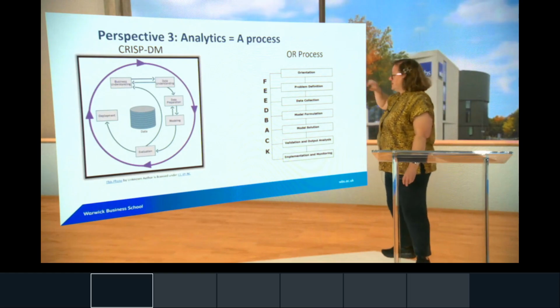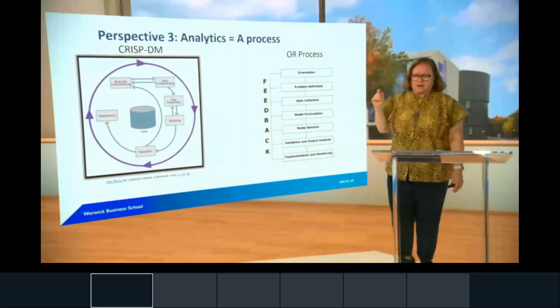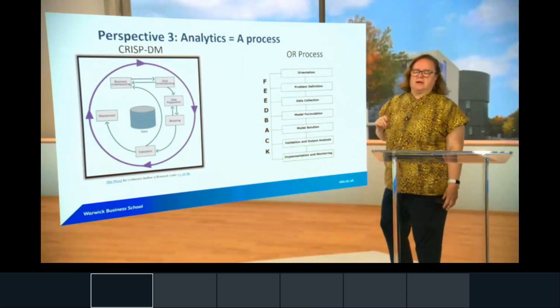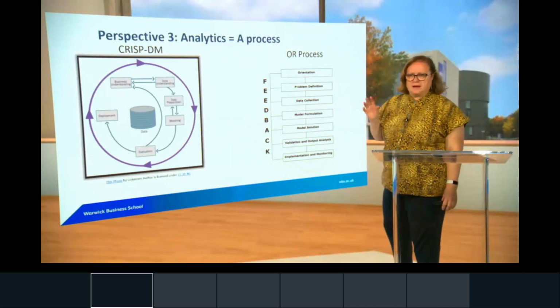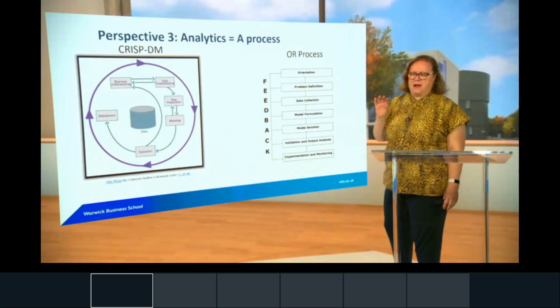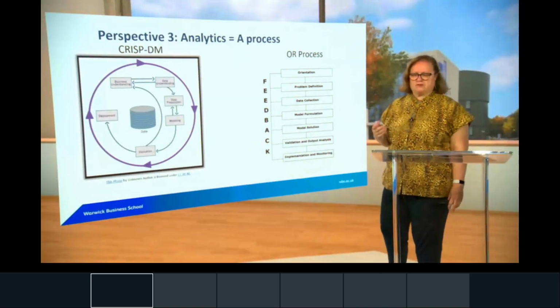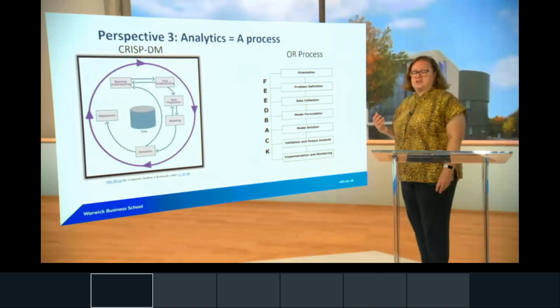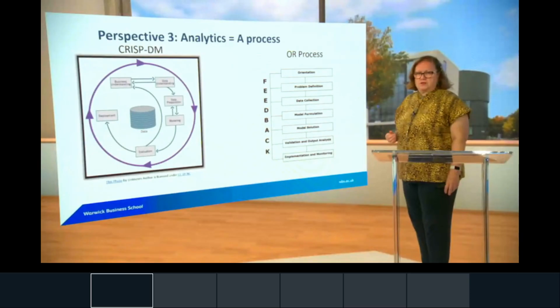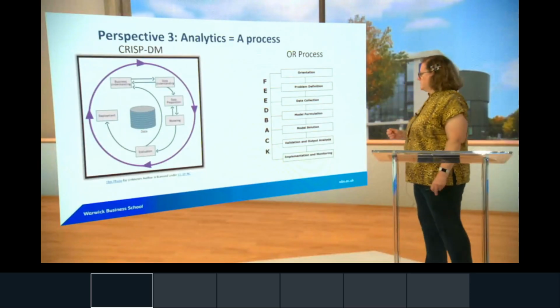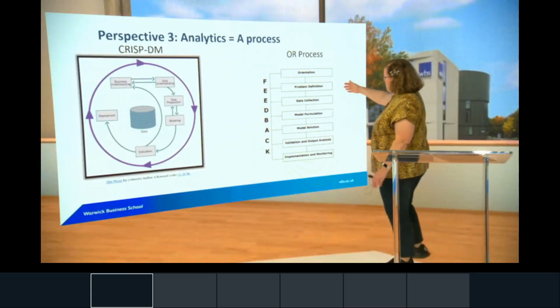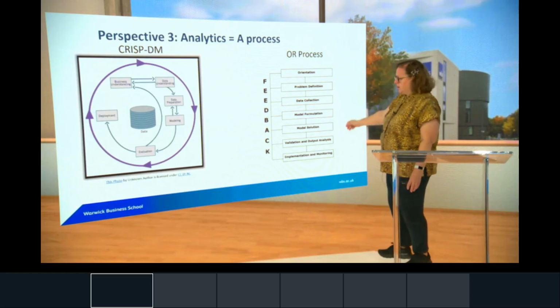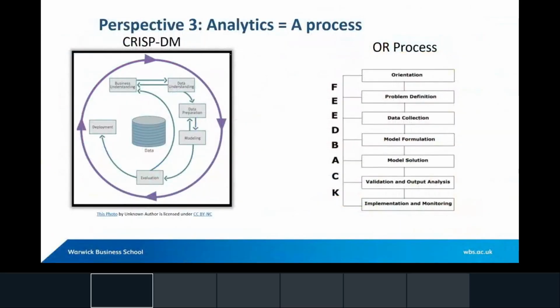Problem definition. Now, it's interesting that it splits these two out. When we get to week 3, which Eleanor will lead, you'll understand a little bit more about what we mean by defining a problem, structuring a problem such that it's amenable to the use of analytics. Okay, data appears, we've got modeling work. Oh, these guys mention validation.